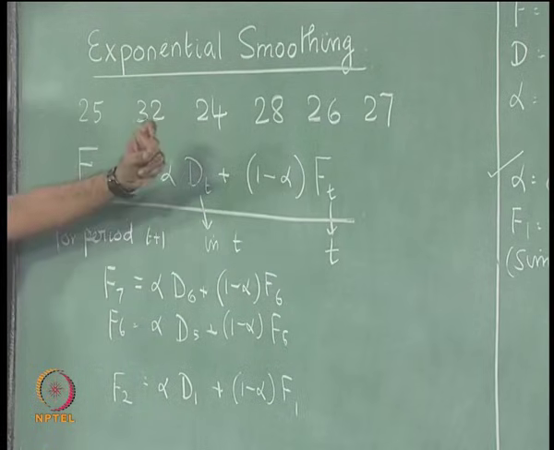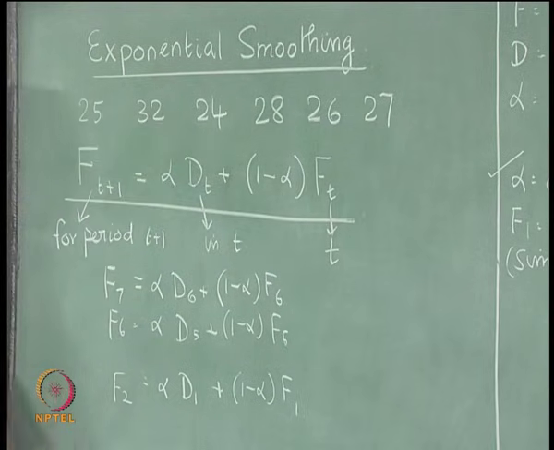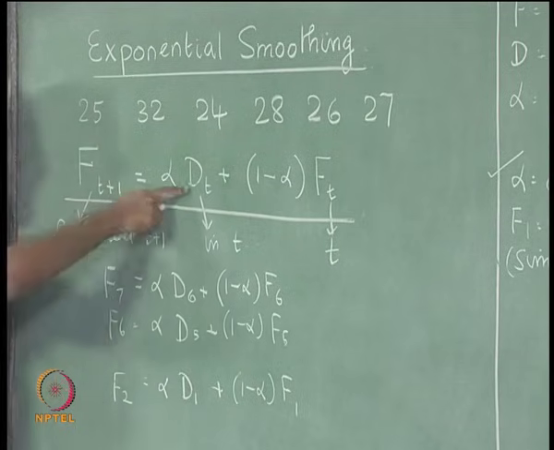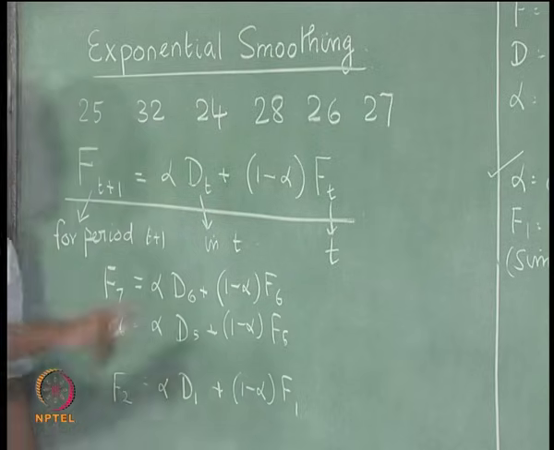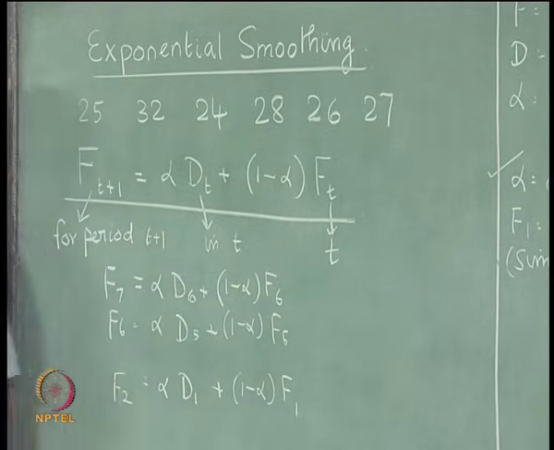If alpha is greater than 0.5, then the contribution of the demand will be more than the contribution of the forecast. Then it brings us to another question: should not the contribution of demand be more than that of the forecast? Which means, should alpha be closer to 1 or closer to 0? If alpha is small, 0.2, then obviously the contribution of forecast is higher. But if we look at it very carefully, we would want the contribution of forecast to be higher.